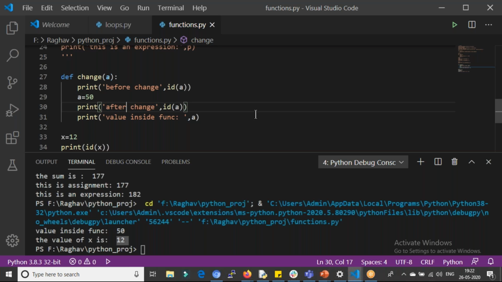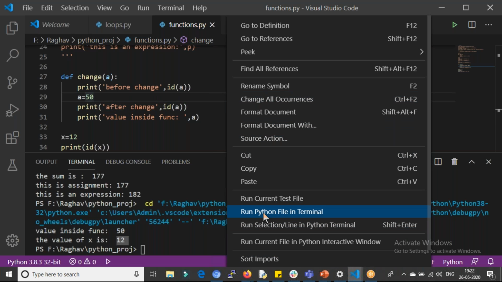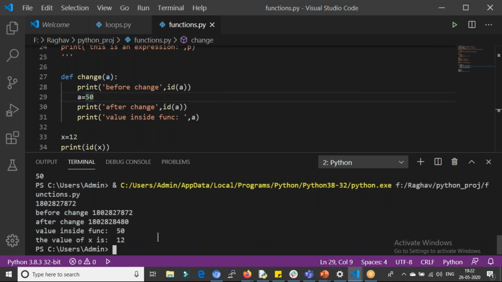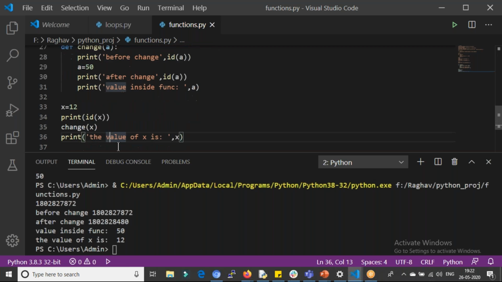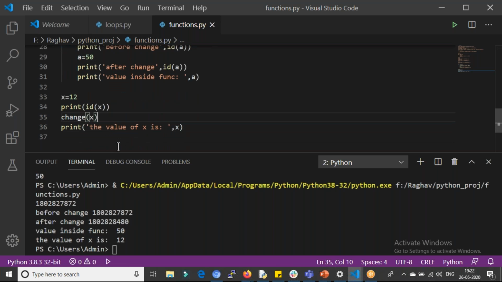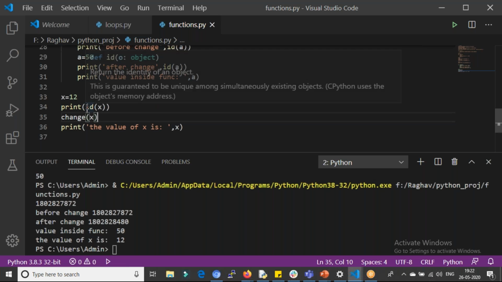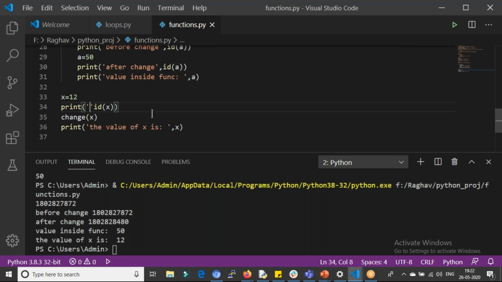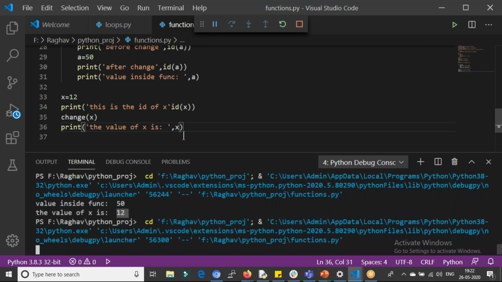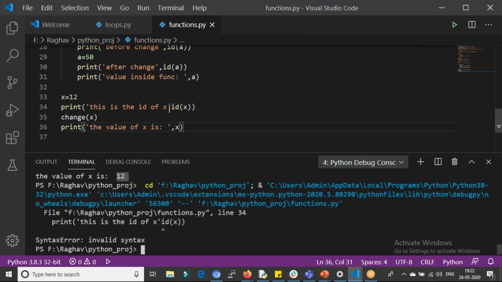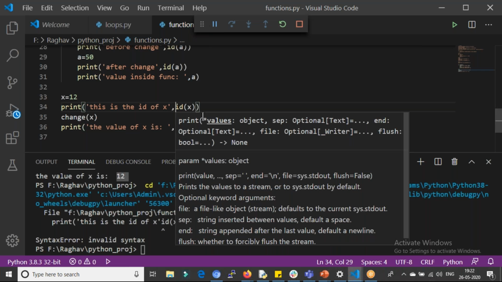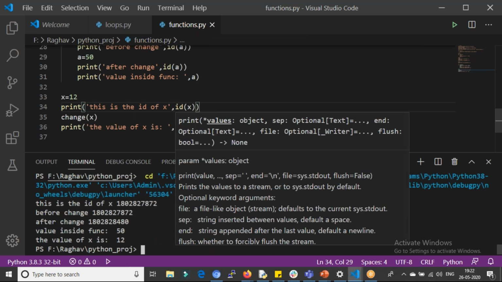After change. So now if I look at this, I'll say this is the value of x. This is the ID of x.